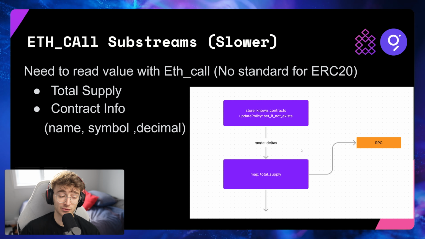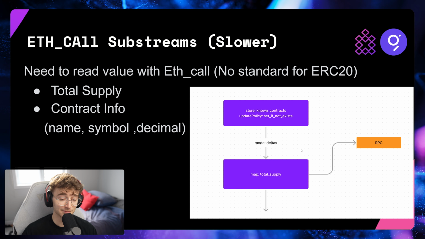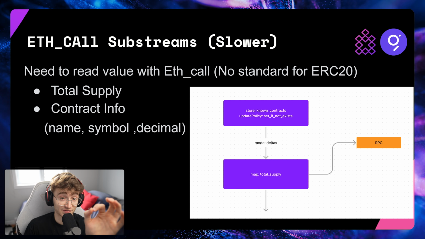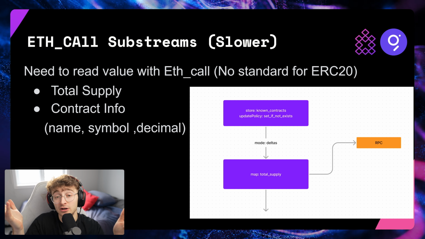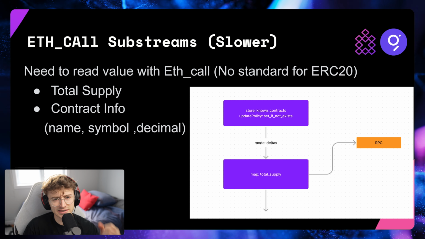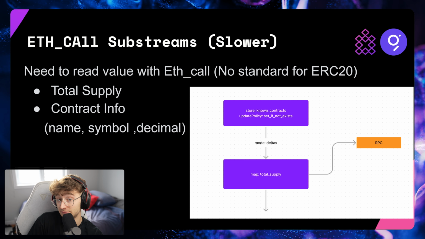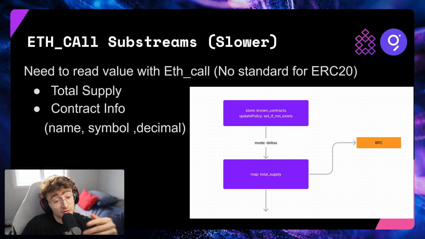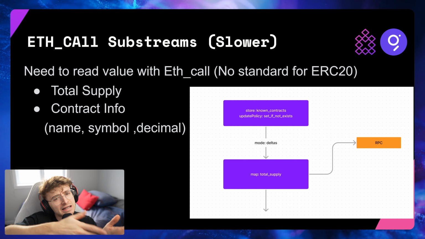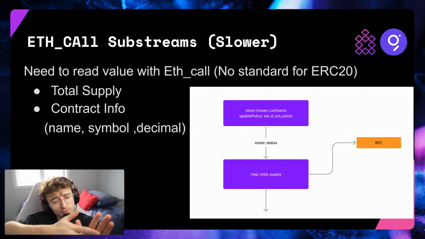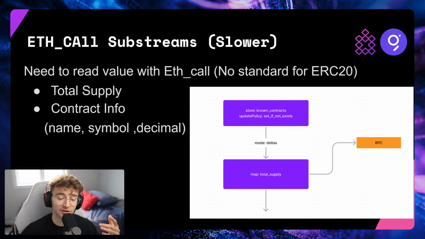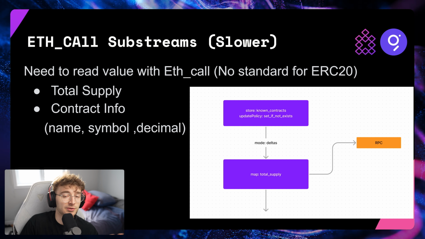We had a store in the Substreams that is a key-value pair store. Every time a contract is found, we just put a true value in the store, so now we have a detection value. Is this contract already detected? If yes, continue and skip it. If not, make the eth_call. At the beginning it's very slow, but the more contracts we detect, the faster it goes. So at the end, when the chain is fully synced, it's going to be very fast.